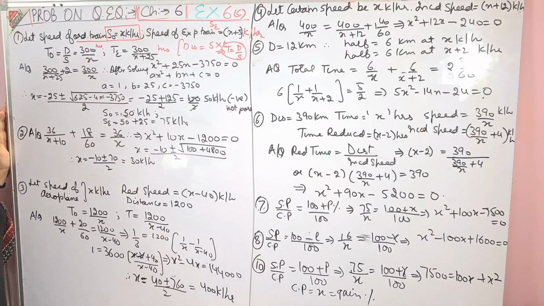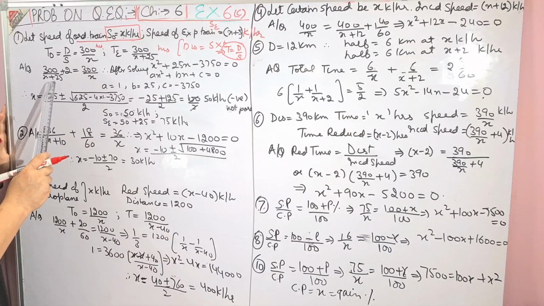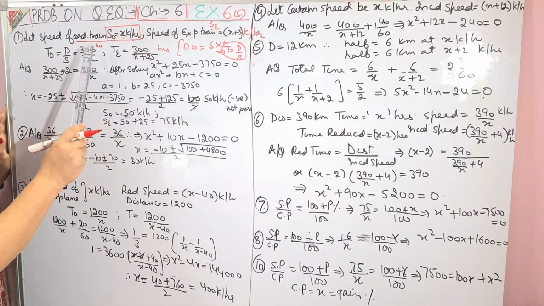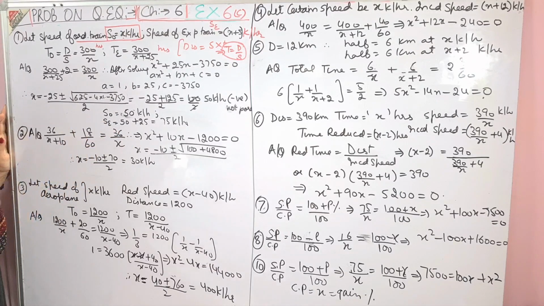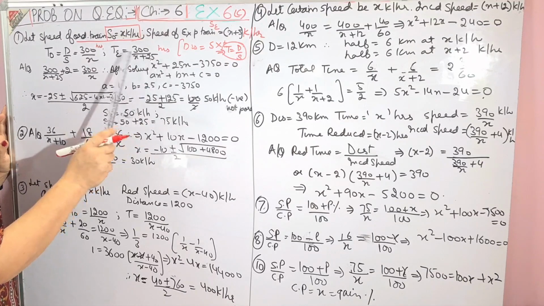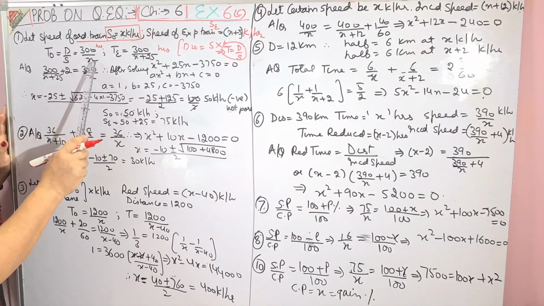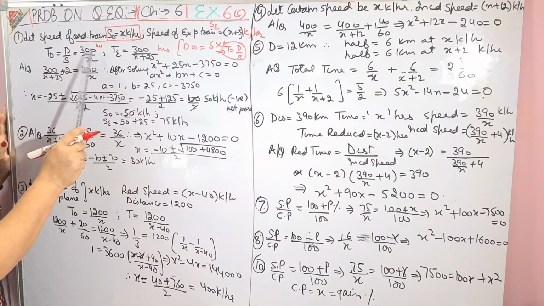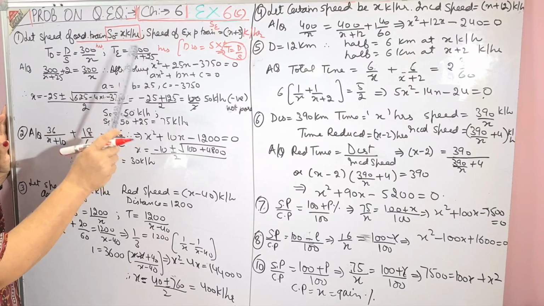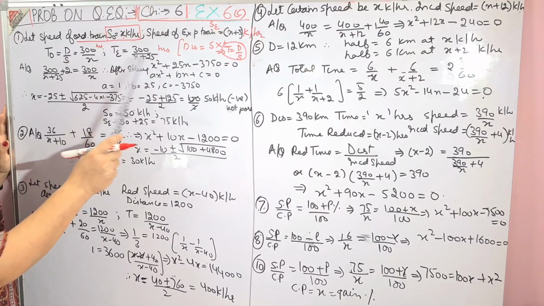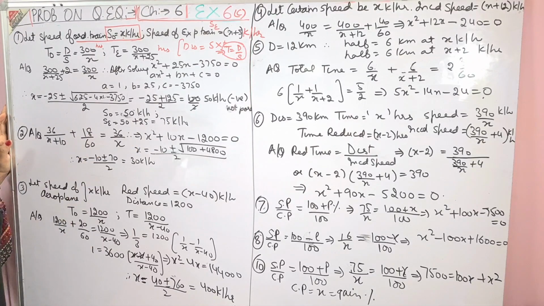I'll give you the simple way of doing it. See, in the denominator I have x plus 25 on one side and x on the other. I'm telling you to see the denominator. This is how I'm giving you the formula for it, the way of doing it if you don't understand the language. It is given x plus 25 for the express train in the denominator. It is given x for the ordinary train in the denominator. See the denominators. Where your speed is more, you know x and x plus 25, x plus 25 is more than x, you will add time in that section.